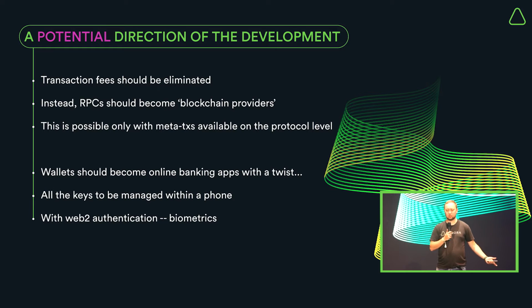But instead, what is happening in Web3, we are exposing the business model of the protocol right in the face of the user, and this is the transaction fees. So this thing should be eliminated. Instead, we need to go to the model of the internet connection. We need to create blockchain providers, if you will, where users are paying for a kind of subscription to the blockchain,